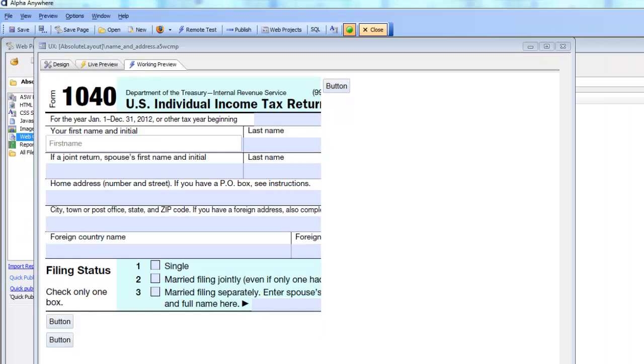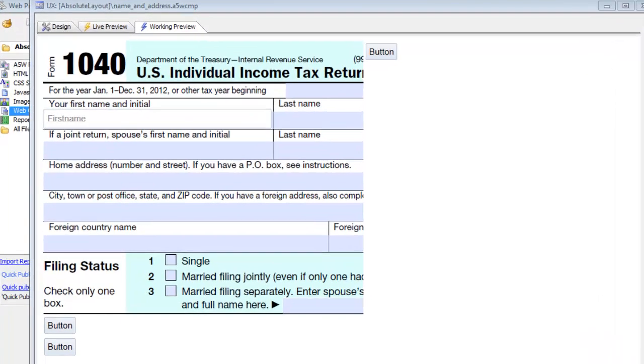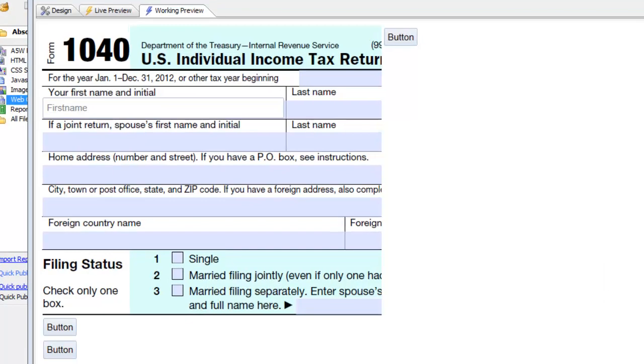So we're continuing now with our video on the absolute layout container, and we're showing now how you can use a bitmap that was created from the IRS 1040 PDF form as a background to your absolute layout container. So now let's just take a look here at this